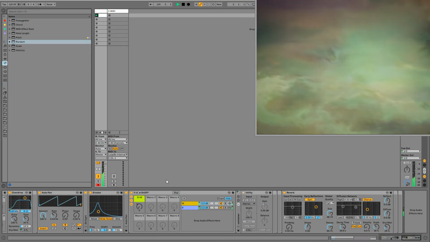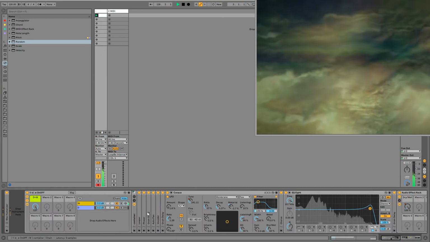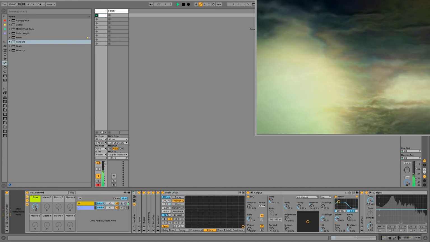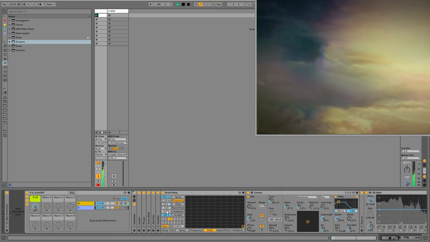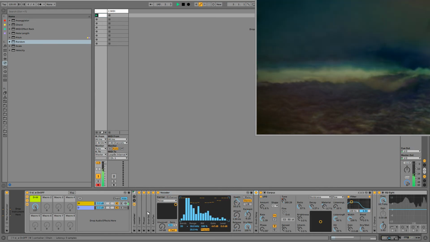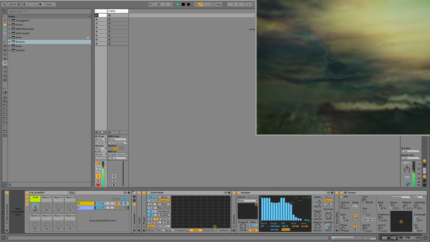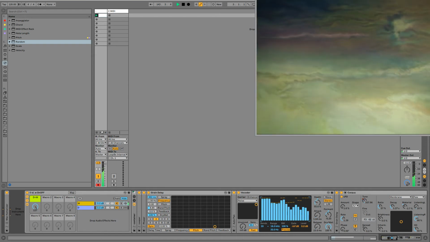Let me go ahead and check out what's going on here in the line. Yeah, I've got a lot of plus 12 pitch on the grain delay, which sometimes can sound a bit silly in my opinion.